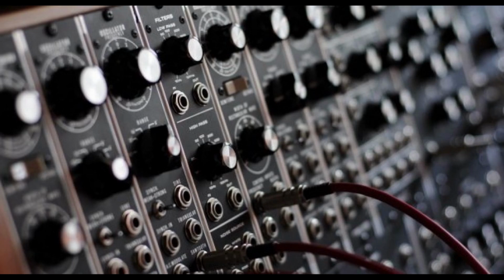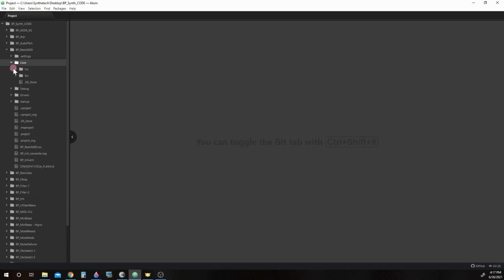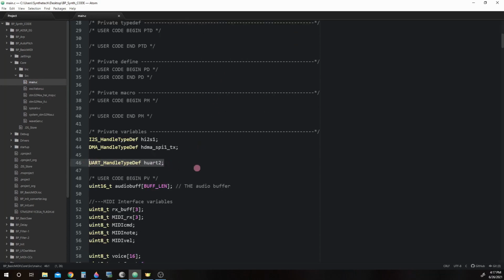Now let's take a look at the serial port we previously set up when we configured the microcontroller in a previous lesson. Looking in BP Basic MIDI, Core, Source, Main.c, we will find UART_HandleTypeDef huart2. This is our UART handler. If you recall in a previous lesson, the handler in this case is going to be a struct, which can be found defined in BP Basic MIDI, Drivers,